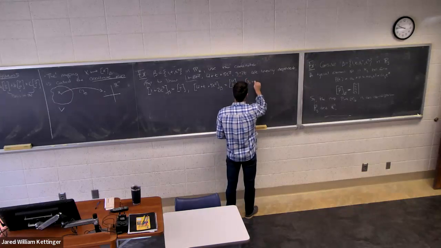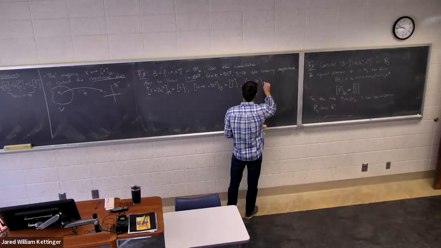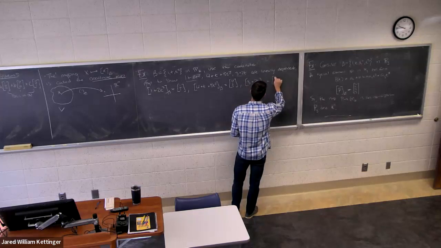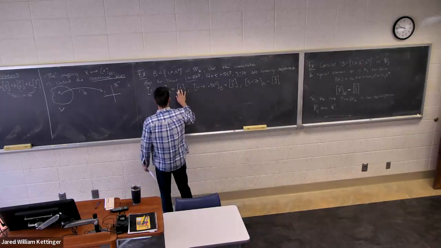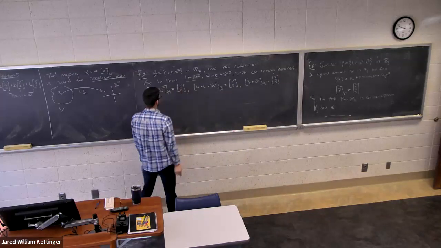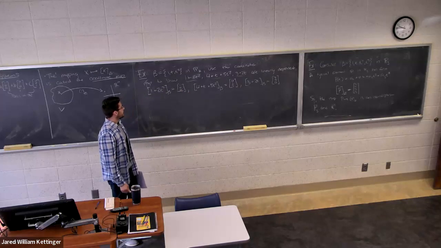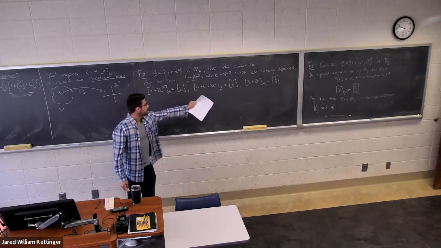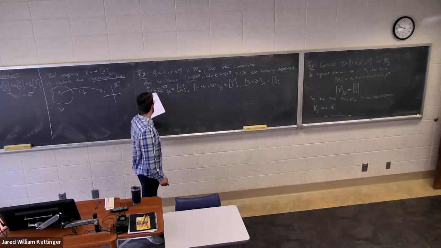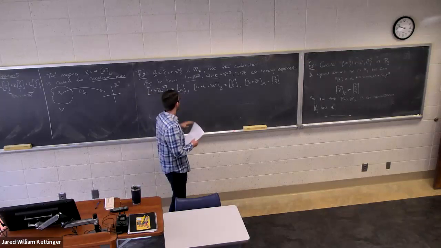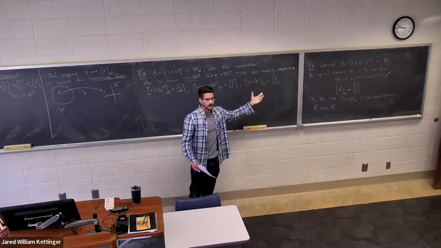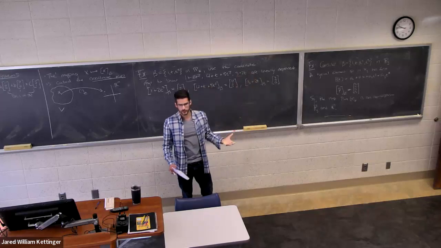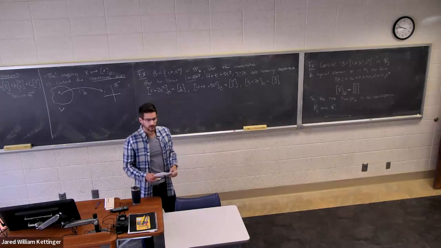And 3, 2, 0. So now I have their images, and I know that these elements are exactly the same as these in their respective spaces. So I'm going to carry out the analysis in R3,